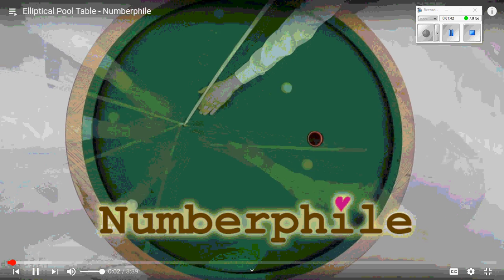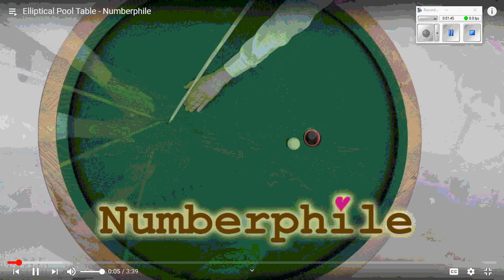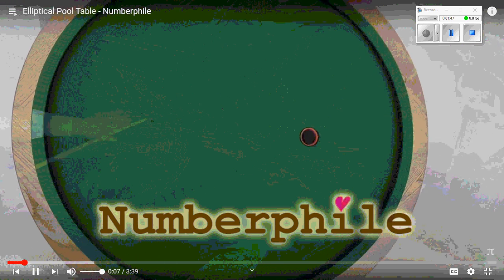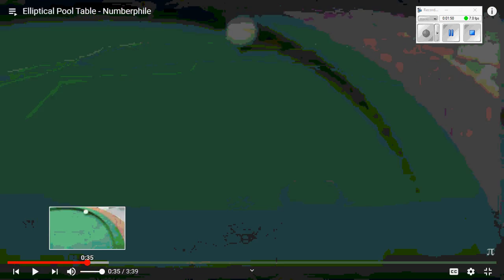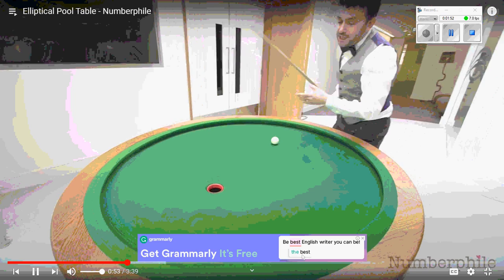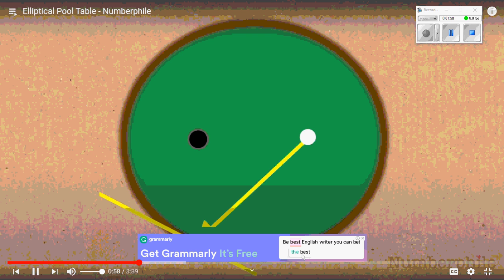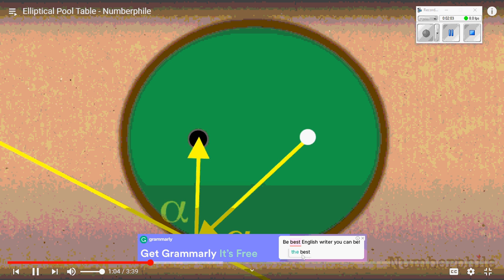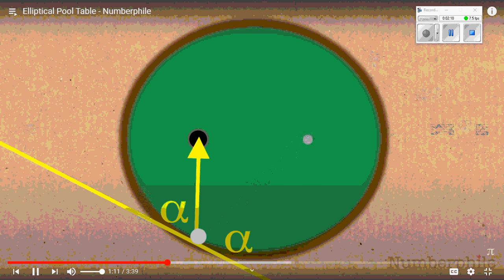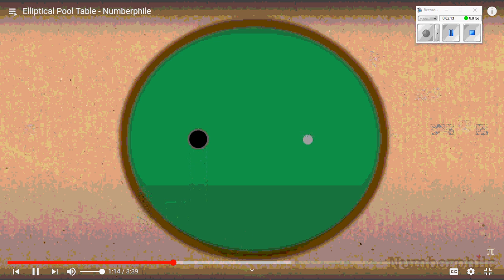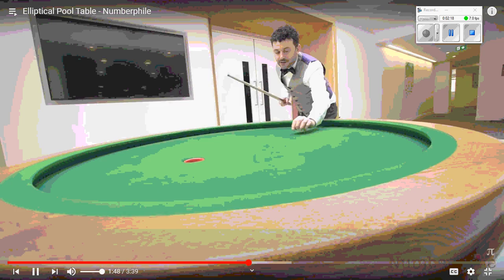Now, here's a video. This is a Numberphile video, and let me speed this up a little bit. Where they made a pool table that was an ellipse, and the ball is on one focus, and the hole is on the other focus, which should mean what? It's always going to go in, no matter where you hit it. Now, when they do this, they do show that if you hit it too hard, it will fly over the hole, and so there's a little bit of stuff that doesn't make it work perfectly. But